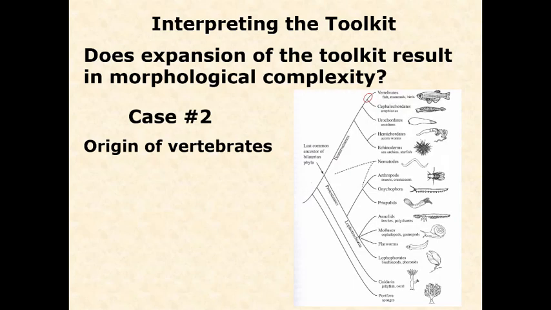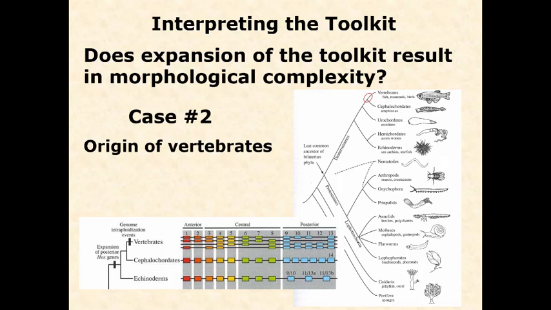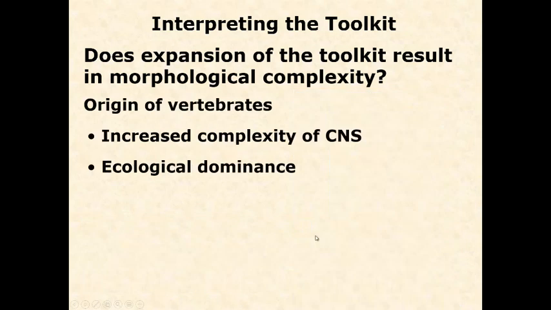So there it is. I've just highlighted it there on our little phylogeny, and you can see the diagram here showing you that, right? So there you go, more complexity. So does that lead to more morphological complexity? The main component here, although we can look at a few others, is the central nervous system. Brains of vertebrates are by far way, way more advanced and more complex than any other organism, even